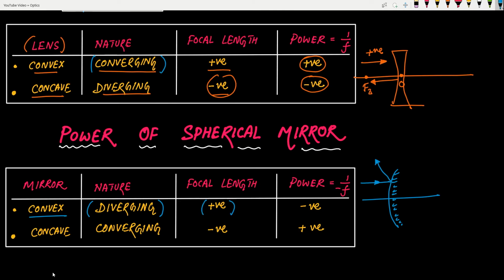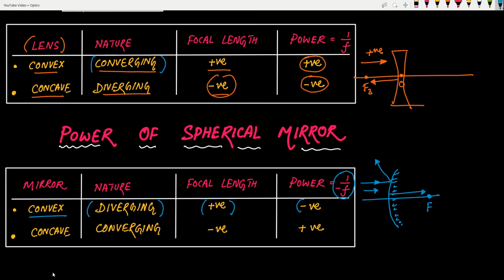Now why is focal length positive? Because our focal length will be in this direction, that is, this is the focus, and we'll be measuring focal length from the optical center. So the direction of measurement and the direction of incident ray is same, therefore focal length will be positive. Okay, and now the power is taken to be minus 1 by f. This is very, very important. Why? This is taken as minus 1 by f so that when we put the value of f as positive,